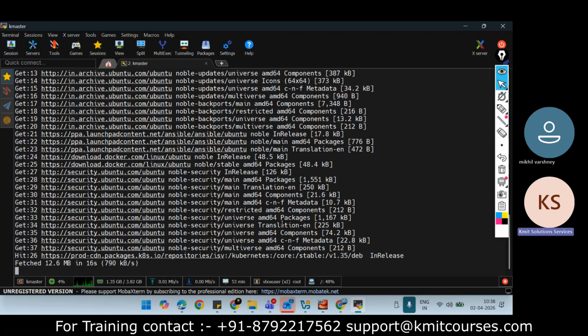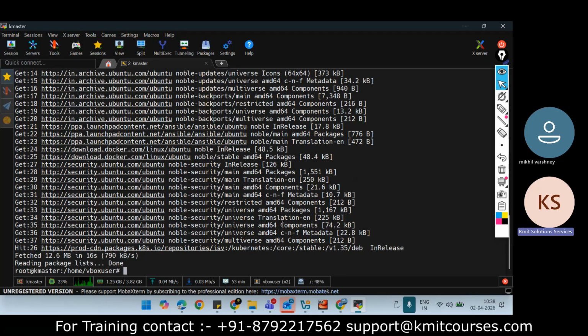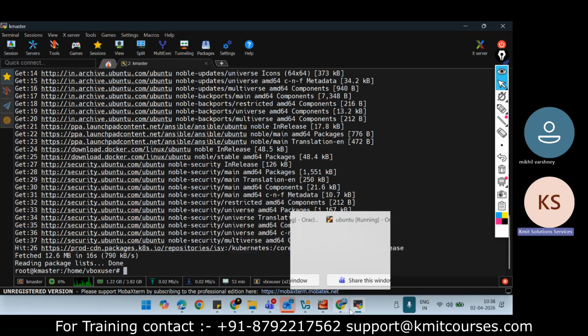It is fetching the Ansible related files and putting them into my APT repository, so that I can install the latest version of Ansible.